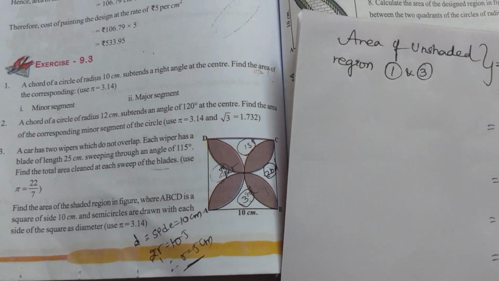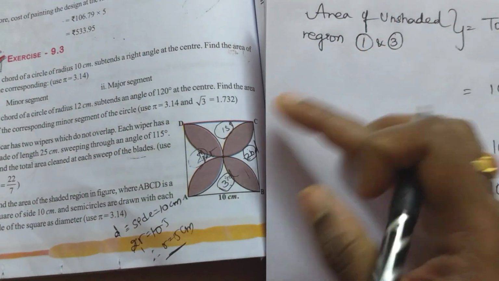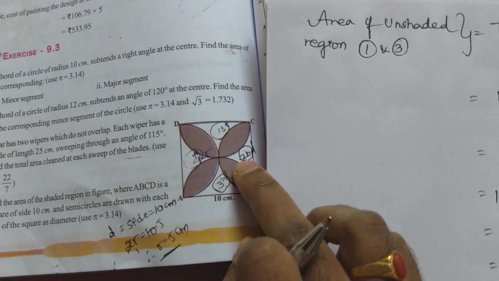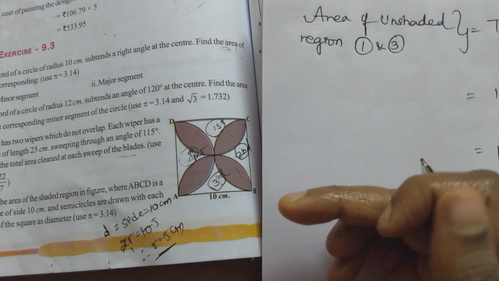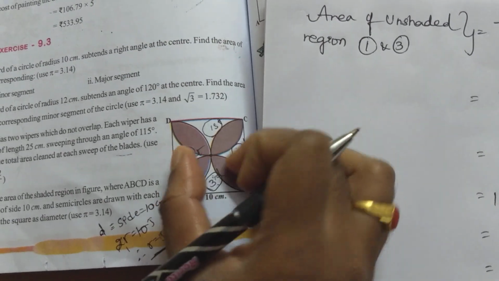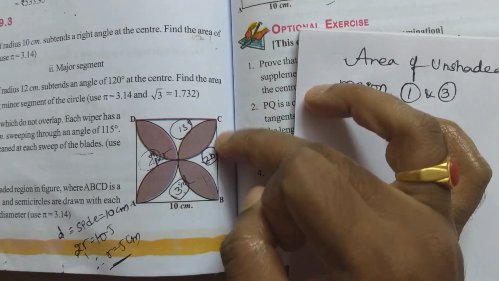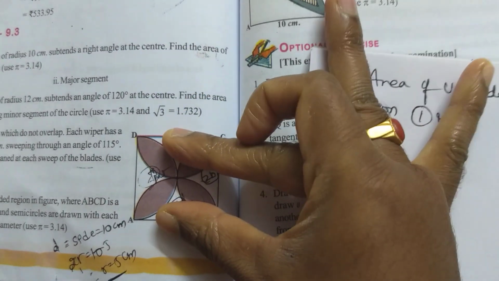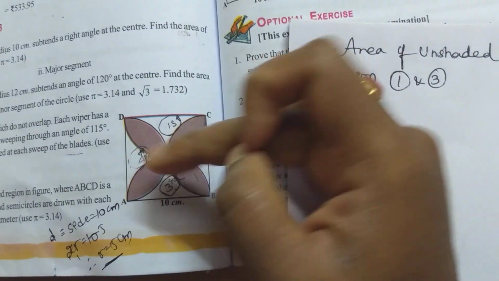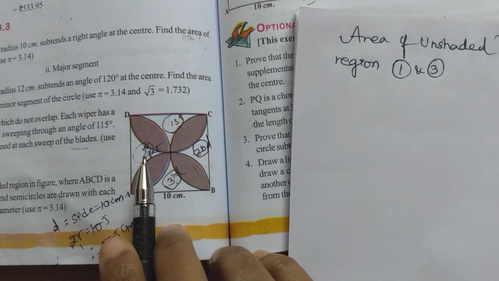It means all semicircles are having the same radius. So from this, what can we conclude? We can conclude that area of unshaded region 1 and 3 is equals to area of unshaded region 2 and 4. Second part and fourth part. Okay. Second region and fourth region. See, when you see here, I will show you in the diagram here. Total area of square minus area of these two semicircles. You will get obviously this second and third part of unshaded region. Correct? Second and fourth part of unshaded region.